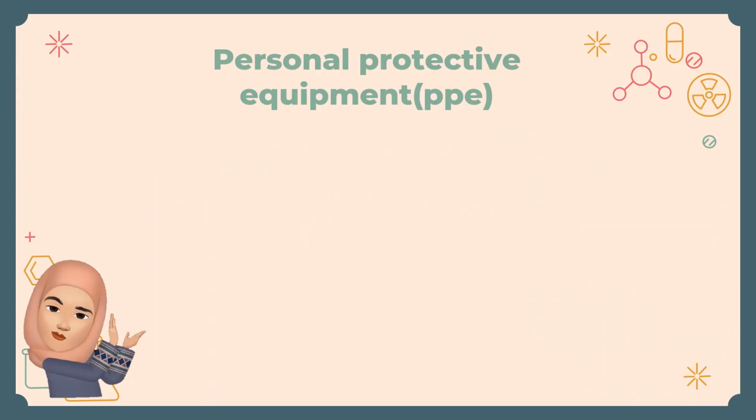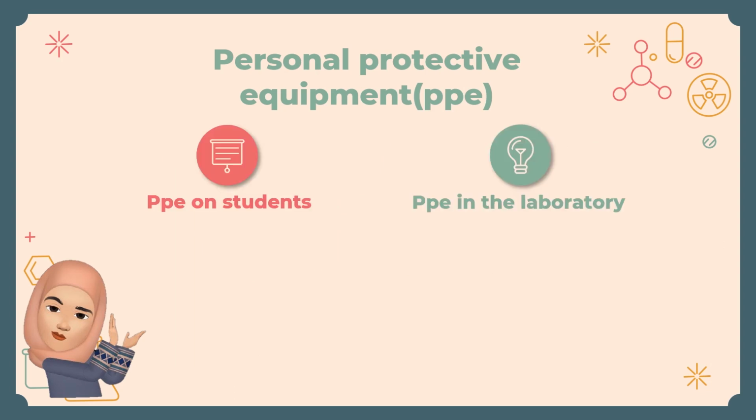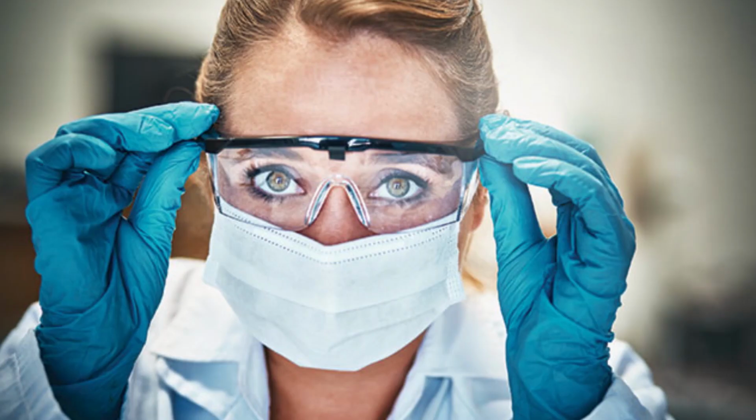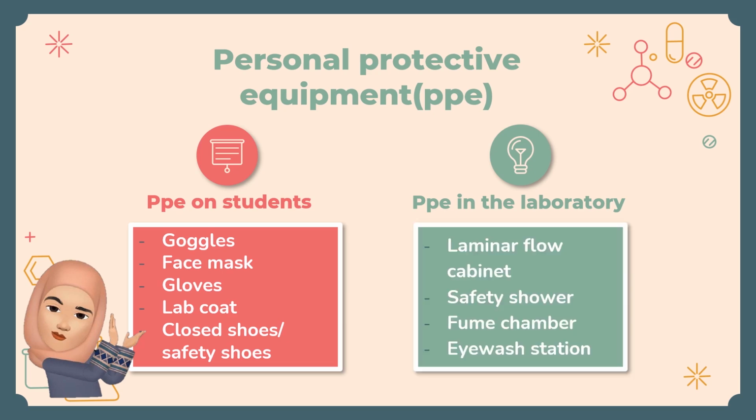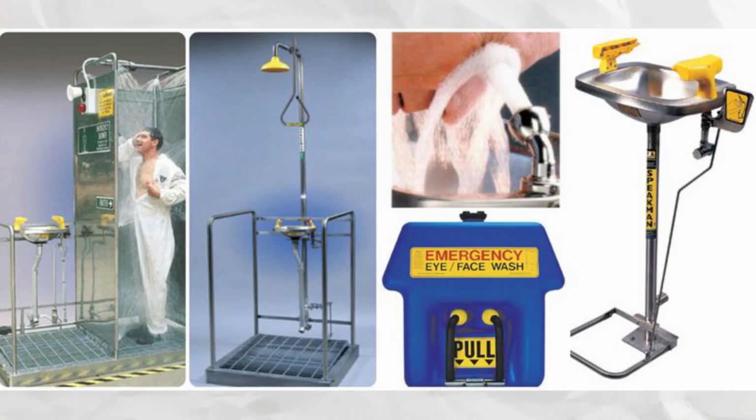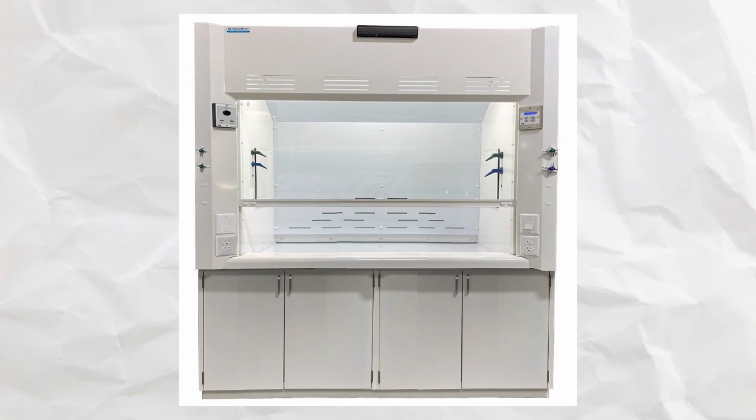Personal protective equipment or PPE can be divided into two, which are for students and PPE in the lab. For students, we have goggles, face mask, gloves, lab coat, and closed shoes or safety shoes. Personal protective equipment is needed to protect the student and teacher from danger. Personal protective equipment that is available in the laboratory includes the safety shower, eye wash station, fume chamber, and laminar